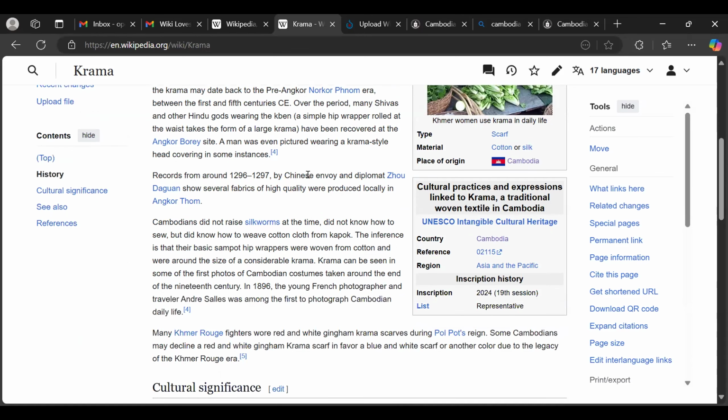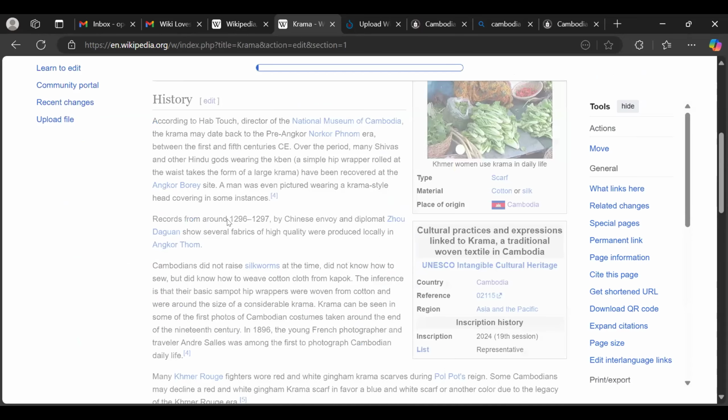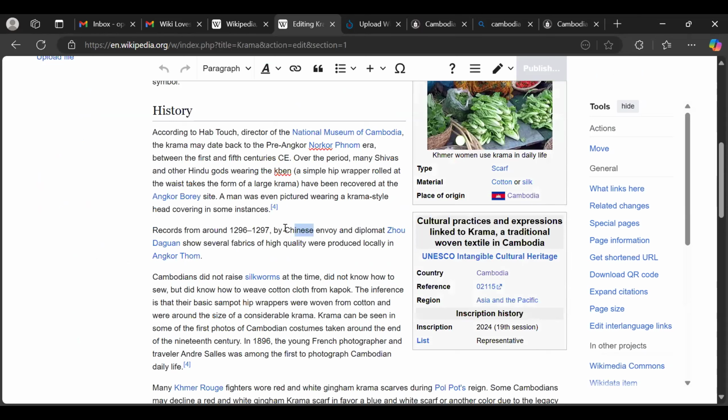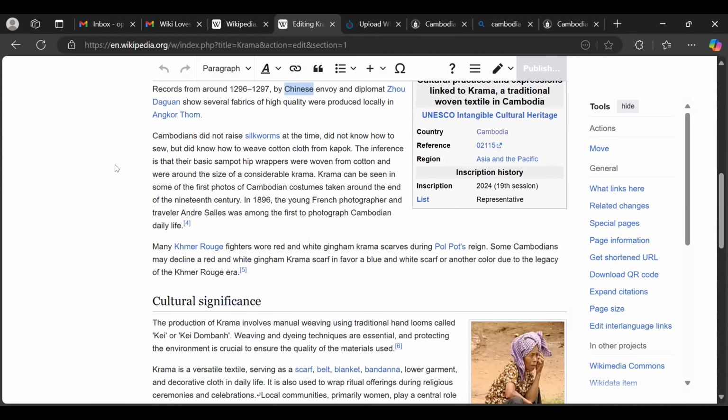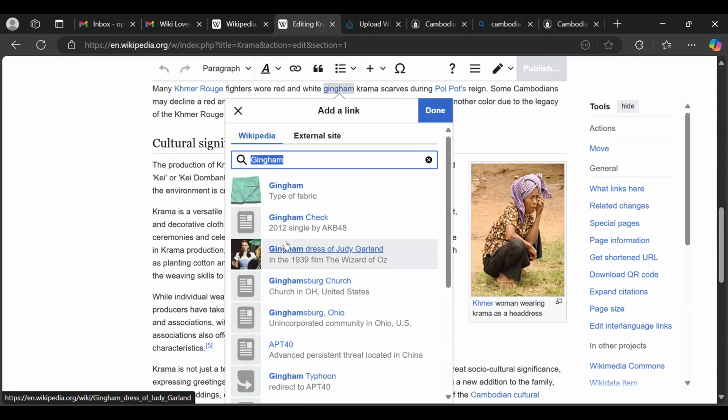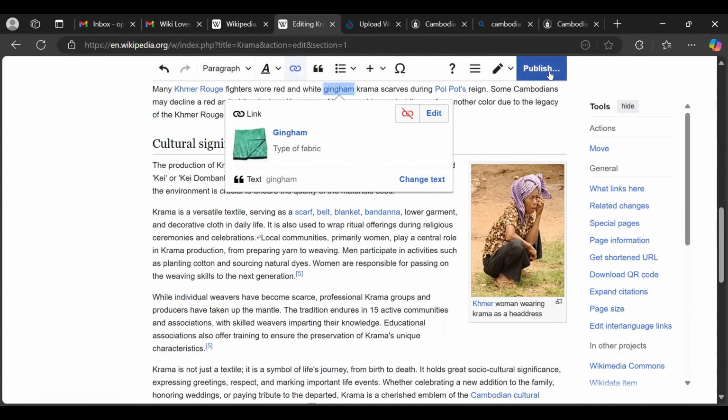And then linking Chinese, we can make an article link here. Let's say I'll have to click on it. So this is what I expect you to do. If you want to link it, you highlight it and then you click on link. Oh, there's no article Chinese. There are ones that may not already exist, but you can still link them. In that case, it will be a red link. So for example, let's try with this one and see if it doesn't exist. Oh, it exists. So I've just linked this one and publish.